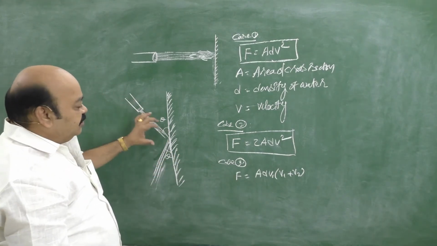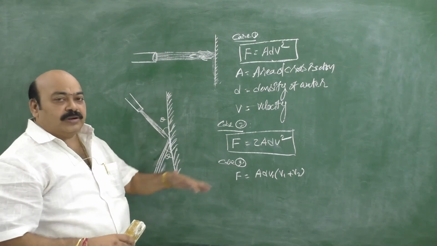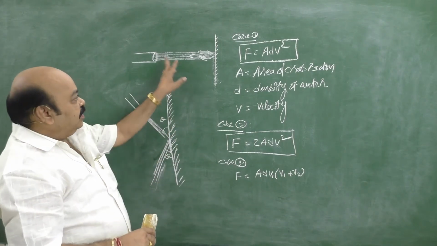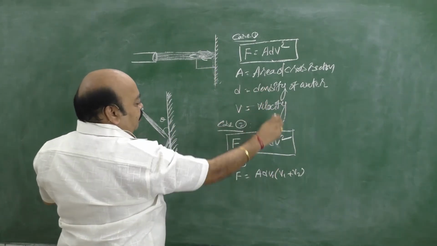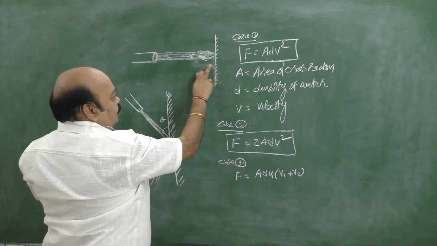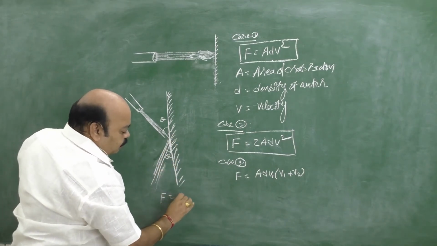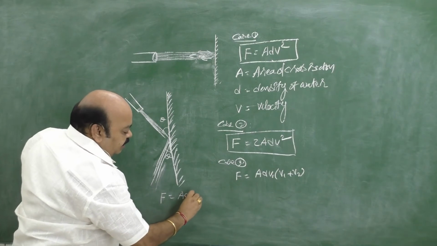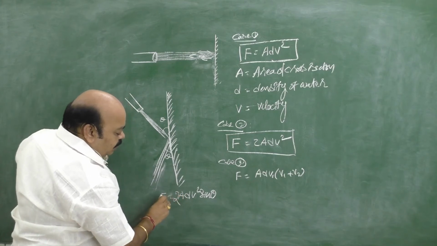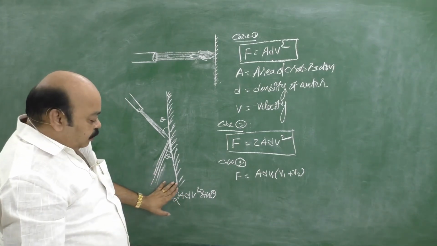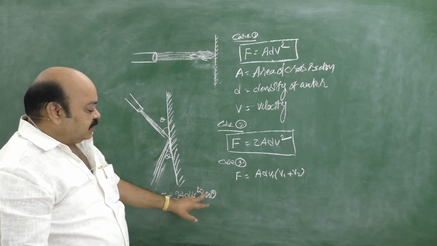Then what is the force exerted by the jet on the wall? Come on, tell me what else you can expect? Nothing. These are the total regarding jet. See, here normally means mathematically 90 degrees. If we substitute that value, once again you get the same value. Check it. The force exerted on the wall, F, is nothing but AdV square with the sin theta value. If it does not rebound, only AdV square sin theta. If it rebounds, it is 2AdV square sin theta.